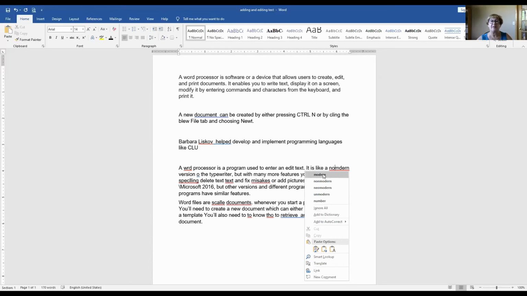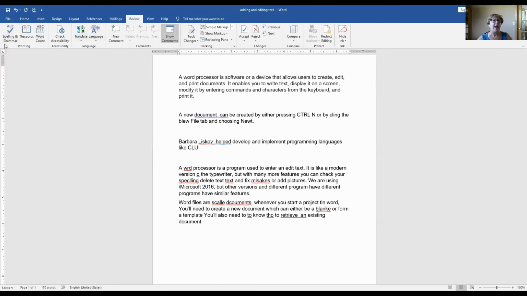I'm just going to make this quick correction, and I would repeat the process, just right-clicking on wherever I found the highlighted words. Because I have so many mistakes, I'm going to use the spell check dialog box. It's just faster because Microsoft highlights and finds each error throughout the text. So I do that by clicking on my Review tab, and the first button in the ribbon is Spelling and